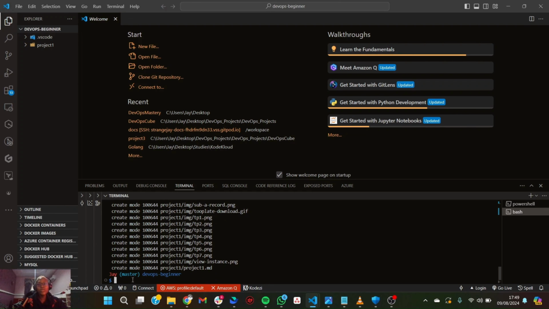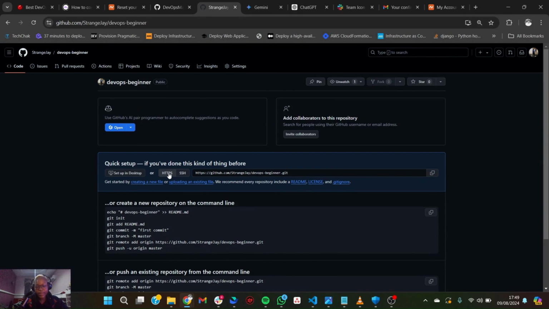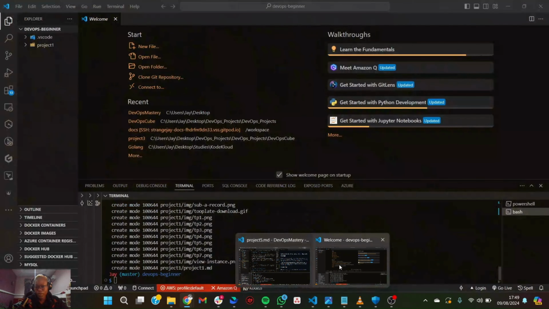Okay, so normally I would do a git push next if this had already been synced with my GitHub repo, but it hasn't. So I want to do that now. I would go back here and from the HTTPS section, I will see the link for my GitHub repo. So what I'm going to do is copy this,